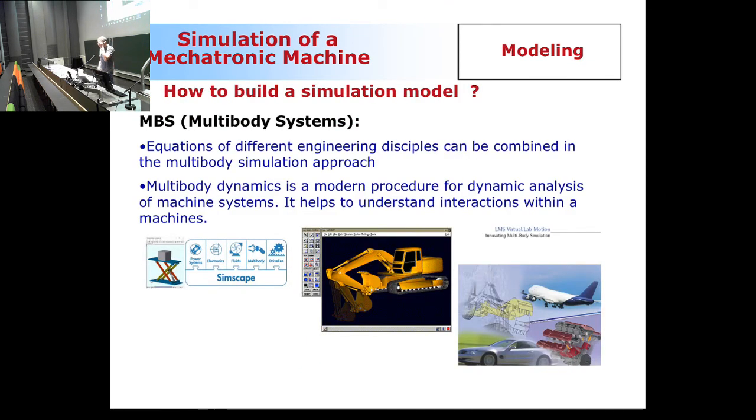Then I have what we are using. We are using the method that is called multi-body system dynamics. And as the title implies, it is a method that applies to systems that consist of multiple bodies. How these multiple bodies are moving, we can solve by using multi-body system dynamics. Now, something important for you to understand is that for master level students, it is not enough to learn the use of commercial software. That's not really the objective of this course, even though it was mentioned as one of the objectives. But I would like you to understand the theory behind the software.